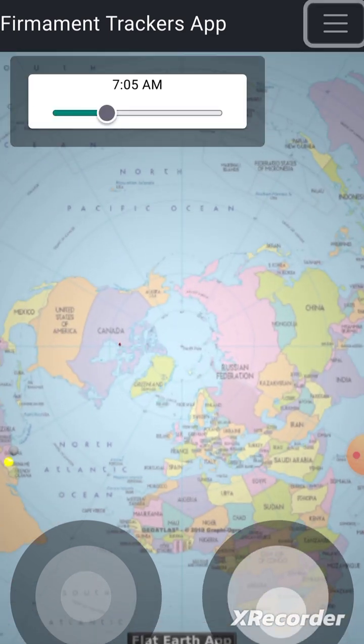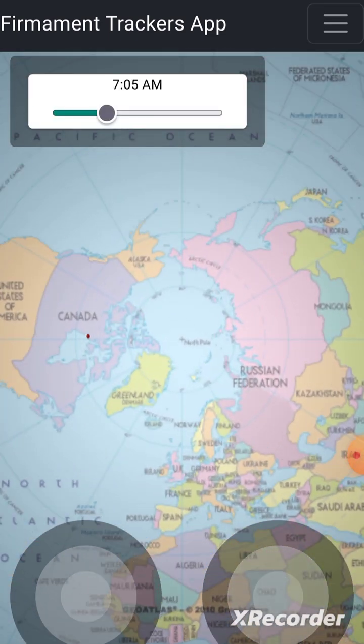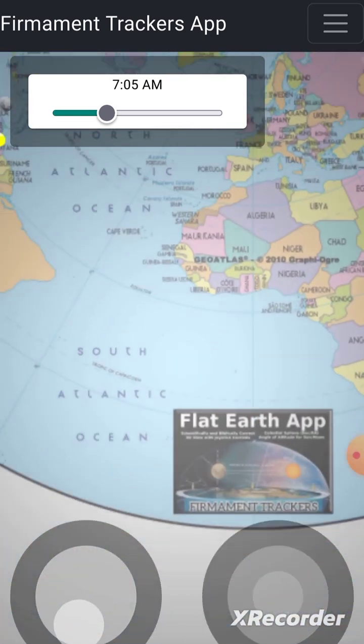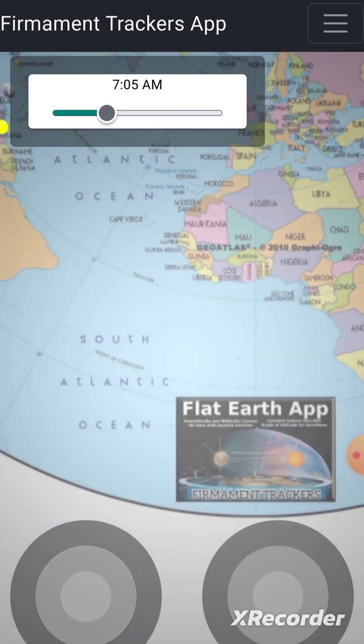Let me move down. So you see too how the Firmament Trackers logo is right there. So that's what will brand it kind of. So it's easy for